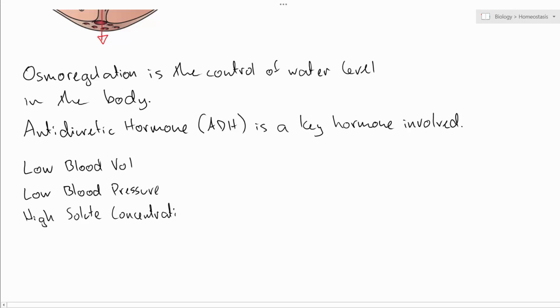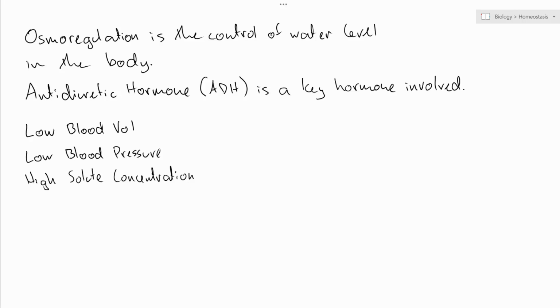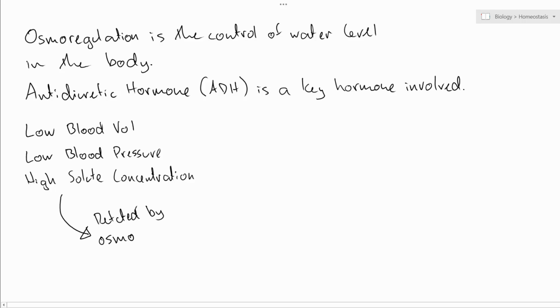So if you think about if someone has just ingested some really salty food or something and added a lot of solute to their bloodstream, or if someone has been cut and is losing a lot of blood, these are going to affect the solute concentration in the blood and blood pressure and overall volume, things like that. So if we had low blood volume, low blood pressure and a high solute concentration, then the body's going to want to retain water. So these conditions are going to be detected by something called osmoreceptors in the brain,